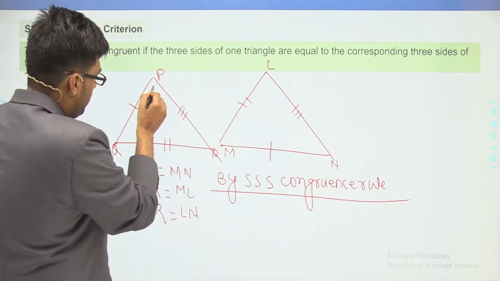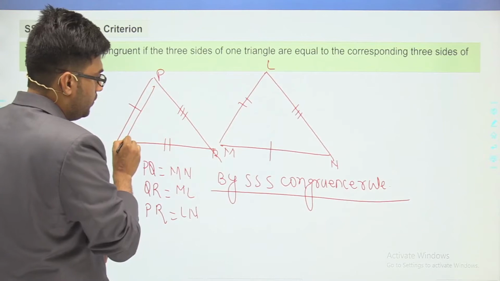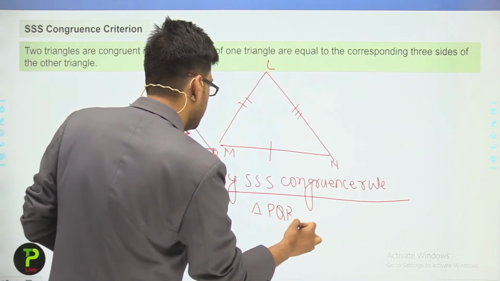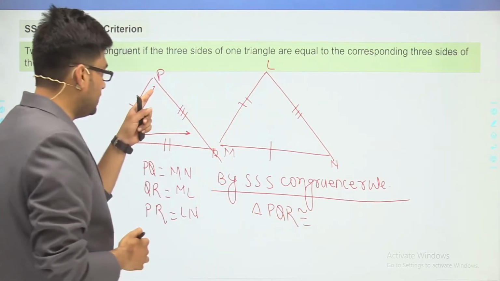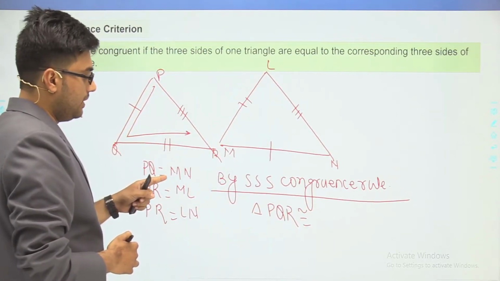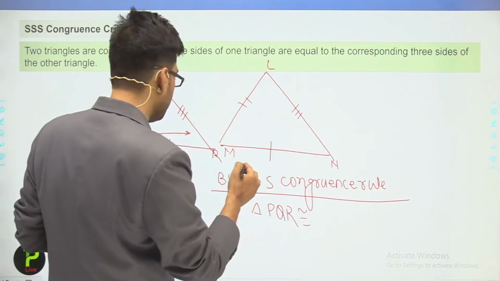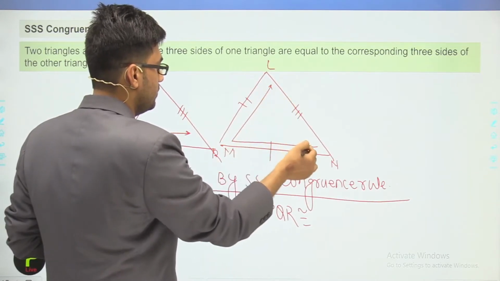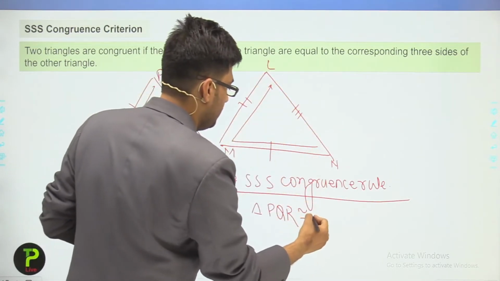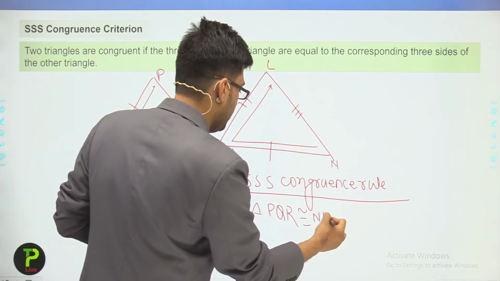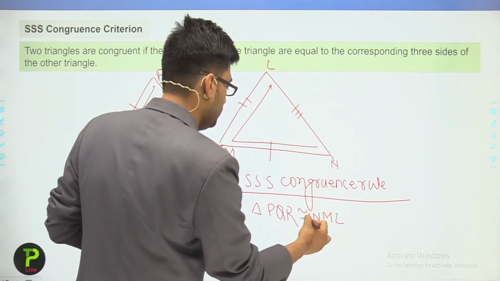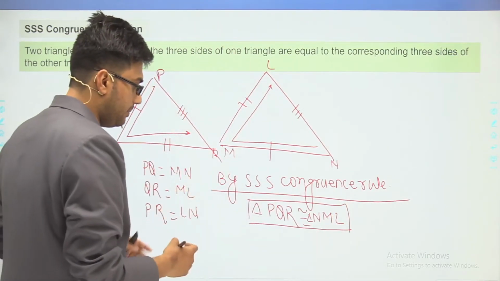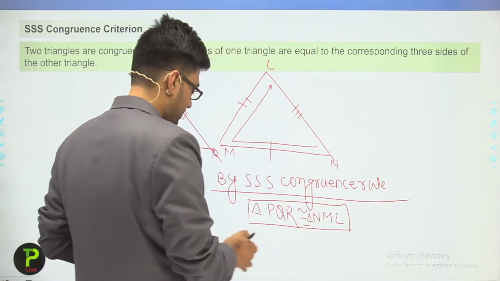We start from P, then come to Q and R. So we can write triangle PQR is congruent to, students, we compare PQ with MN, so we start here from N, M, then comes to L. So N, M and L. These two triangles are congruent by this SSS criteria, and by CPCT we can write